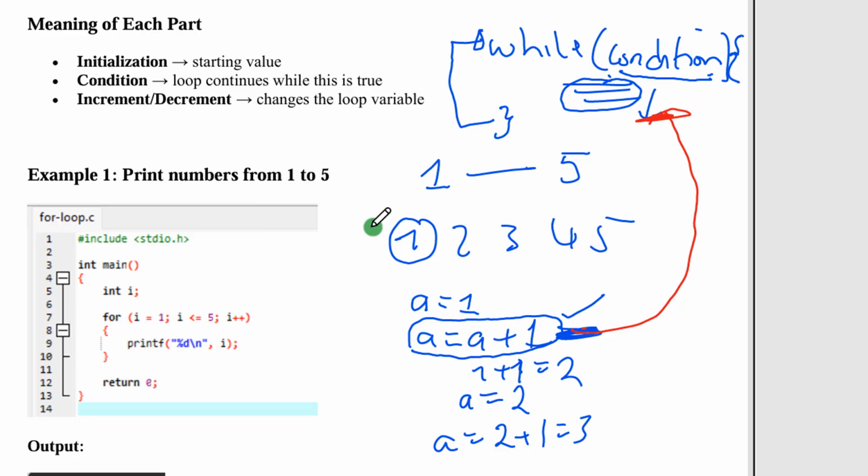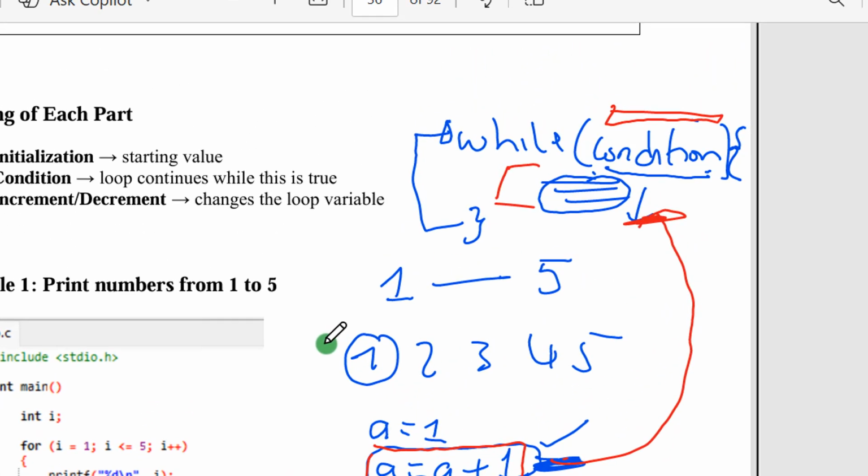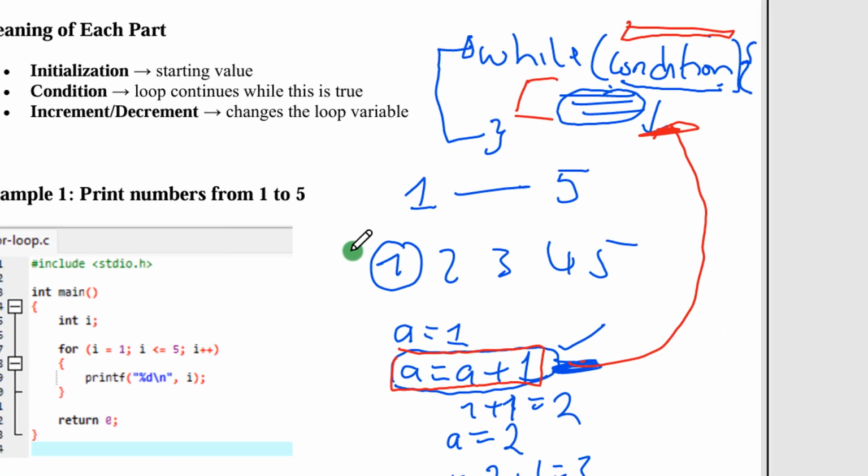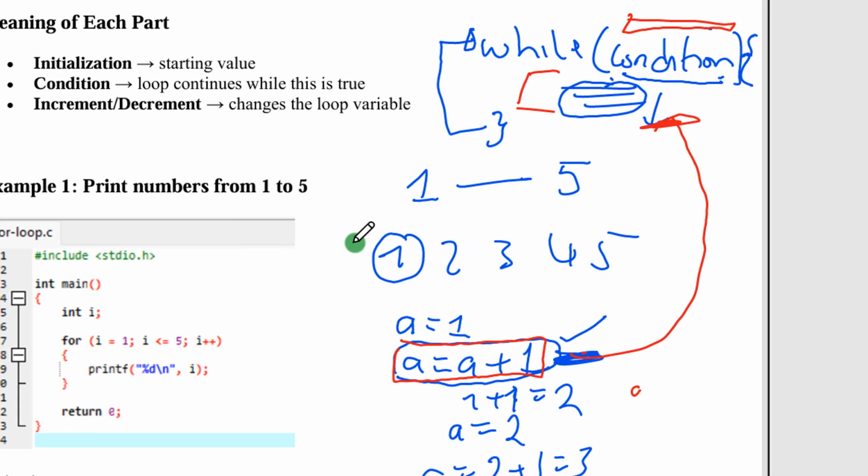Now, since this instruction here, a equals a plus 1, is written inside my while loop, you ask yourself: something inside the while loop must be executed repeatedly. But what's the condition that must stop this execution? Because you cannot execute this instruction forever. By the moment you have something like a equals 4 plus 1, which is 5, you don't want to re-execute this instruction, because re-executing it you now have